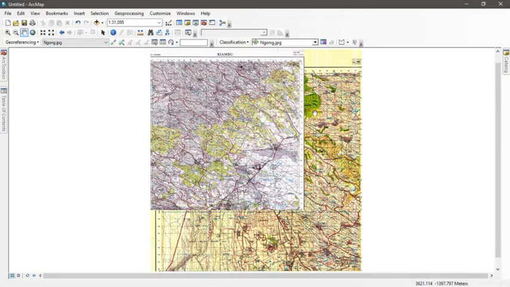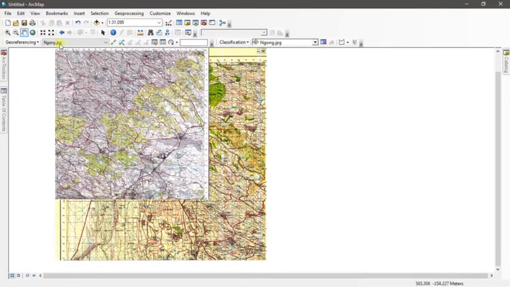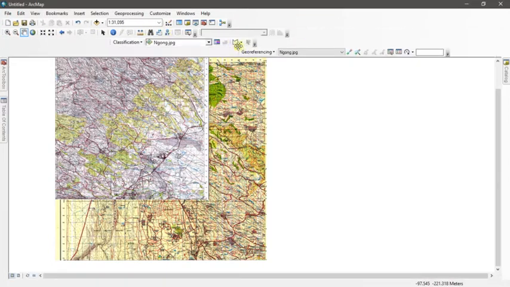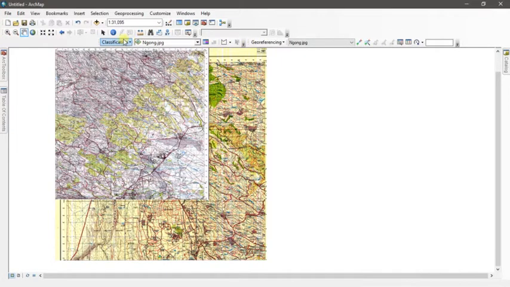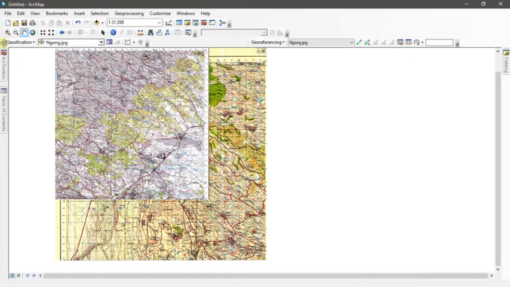Now after you set your projection, you have to bring in an icon for georeferencing. Mine is already here. Maybe I can just bring it. Let me move it. Yeah, I can move them. So this is my icon for georeferencing.